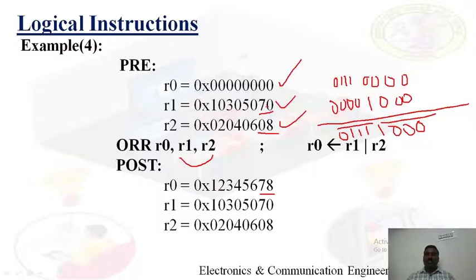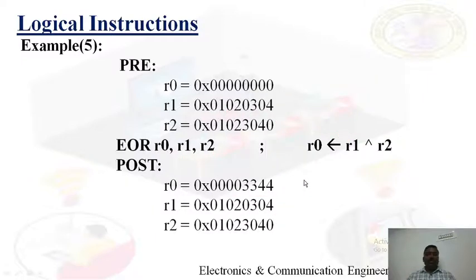So it means if you OR any data with 0, you will get the same data. Okay, so similarly here 0 is ORed with 7, you will get that same data. So similarly all other data. The source registers will not get affected by this instruction, and also there is no change made to status bits because we have not appended any S field here, and this instruction is always executed because we have not applied any conditions. Let us move on to the next example.